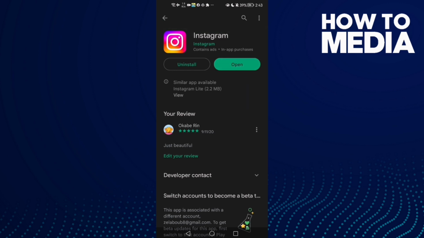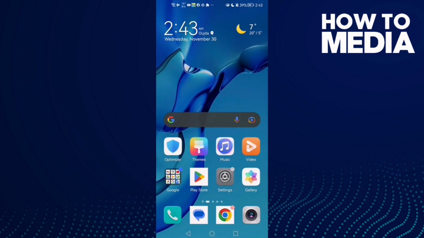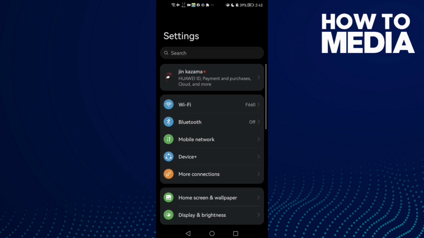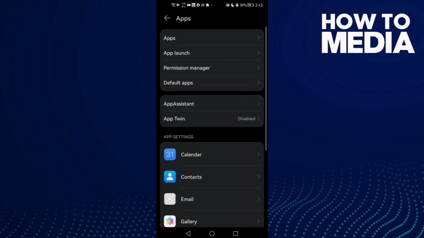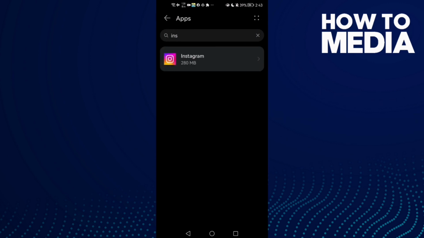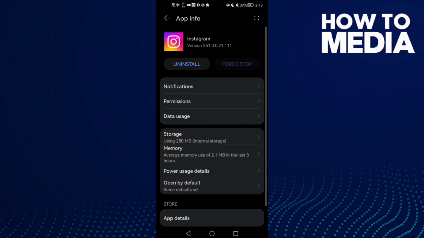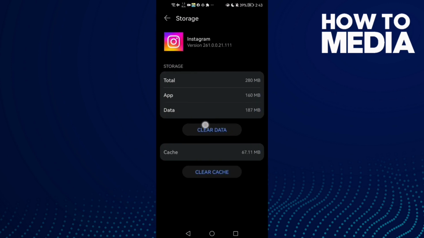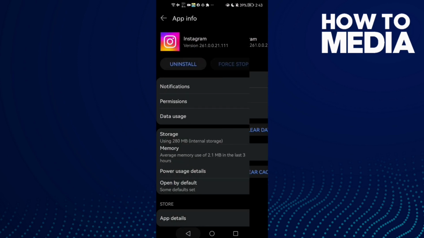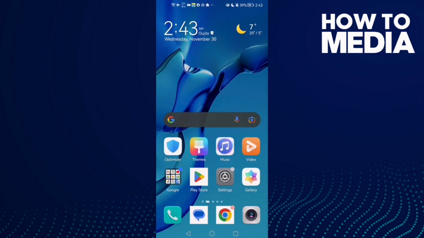And if that doesn't fix your problem, go to settings, this one for Android phones, go to apps, and again type here Instagram and click on it. Now go to storage, clear data. You will need to log in again to your accounts after that, but that will help you to fix your problem. And if that also doesn't fix